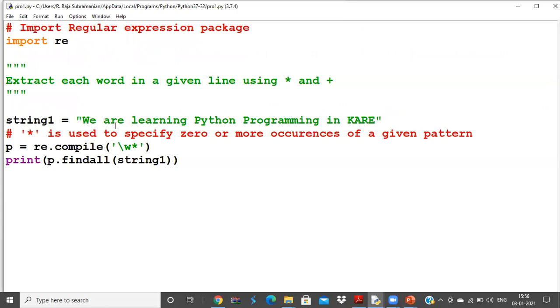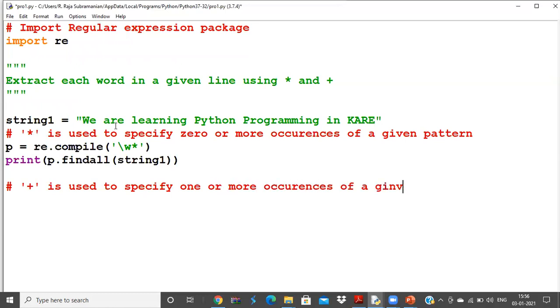I'm going to take this star and change it to plus. Plus is used to specify one or more occurrences of a given pattern.